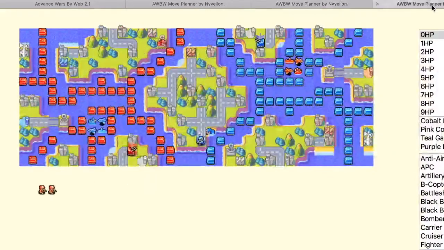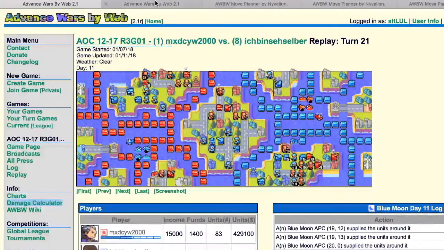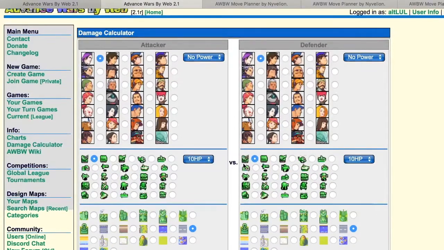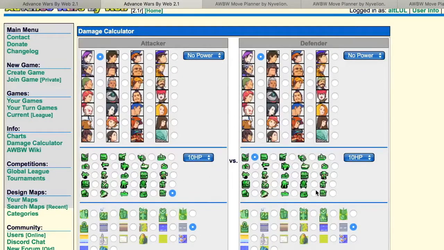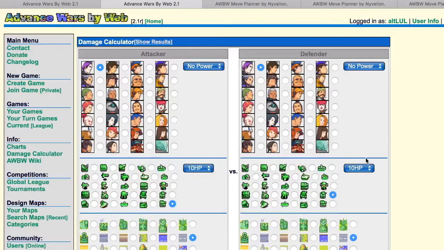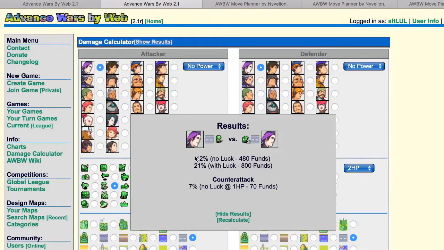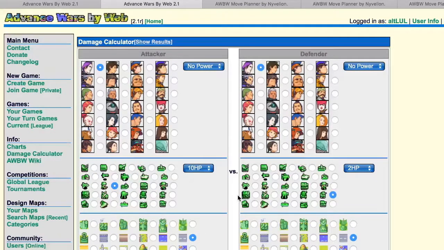Hold on. Let's do a really quick damage calculator, just so that I know. I need to know if there's luck involved. Okay, so 10 HP tank versus a recon on a road. Tank versus recon on a road. 80. Oh wait, how lucky did he get? So that did 85. Okay, so let's say that he got no luck and there's 15 health on this recon. So it's at 2 HP, and you need to do 15 damage. Okay, so 12. So there had to be 3 total